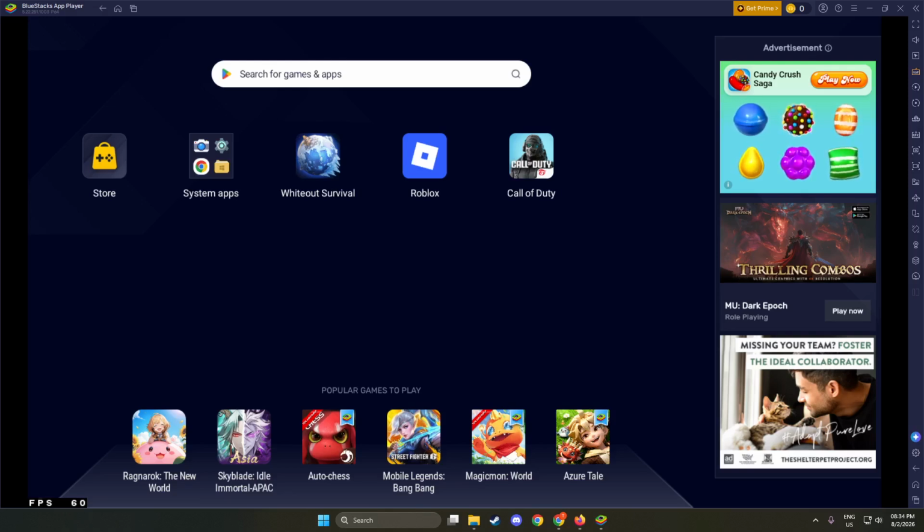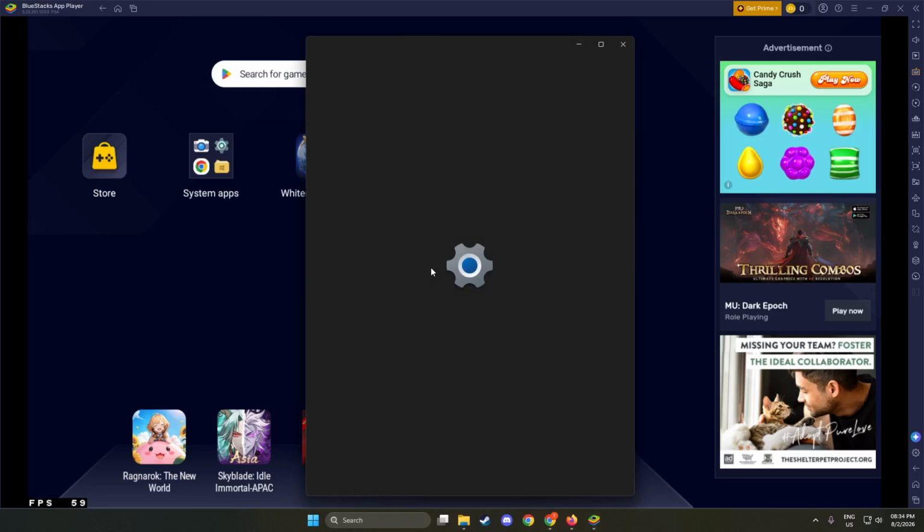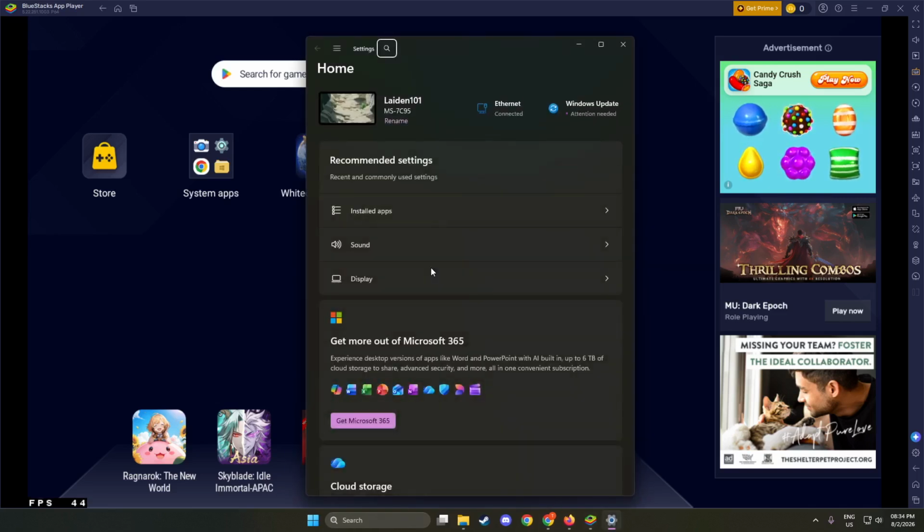First, press the Windows key and the letter I on your keyboard at the same time. This opens the Windows settings window right away. You should see several icons or categories like System, Network, and Internet, and others along the left side. If settings does not appear, try pressing Windows and I again, and make sure no other full-screen apps are blocking it. Once you see the settings window, we are ready for the next move.